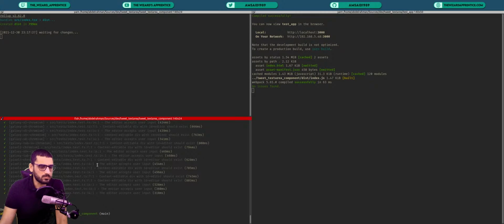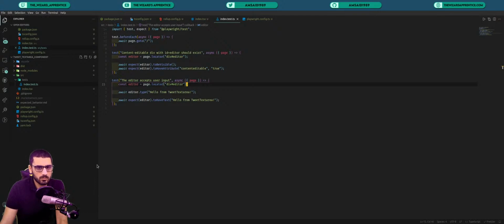But for now, we've basically completed setting up the project. We've set up the TypeScript compiler, the bundler. We started looking into our tests. We have a test app running that actually uses our component. And as I said, we have two tests that are already written and already passing. This is really good. We've come so far in today's stream,